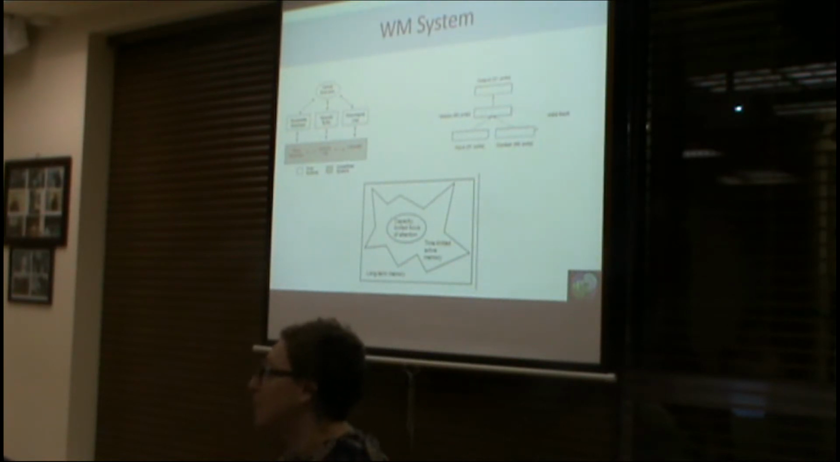Exactly, and serial order basically gets encoded the same way as everything else gets encoded. Well, in the phonological loop, I think serial order is more... Exactly, yeah. So in terms of theories,